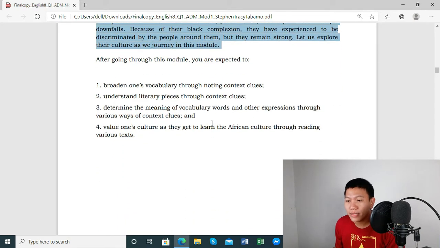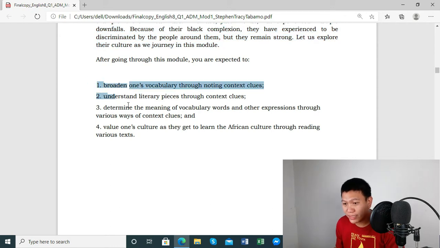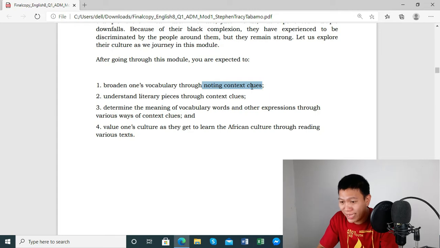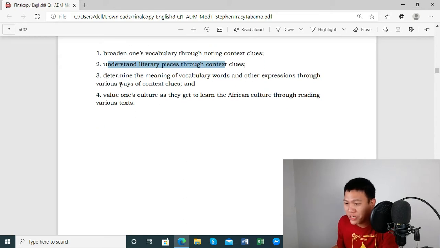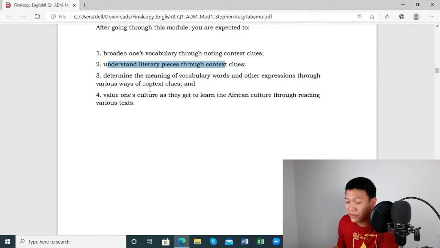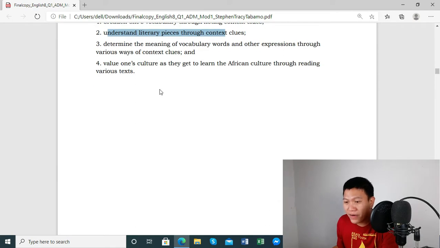Alright, next, here are the objectives for this module. You are expected to broaden your vocabulary as you read different phrases, words, and sentences in the module, and you will be able to do it through noting context clues. Later on, you will learn what a context clue is. Then you are to understand the literary pieces through context clues, determine the meaning of vocabulary words and other expressions through various ways of context clues, and finally, value one's culture as they get to learn the African culture